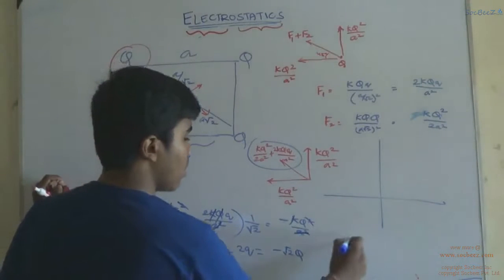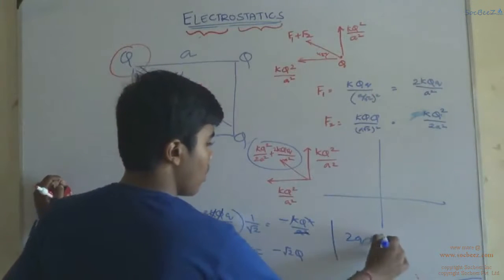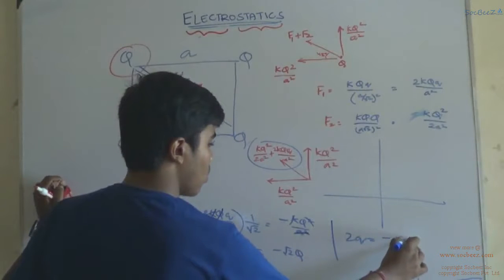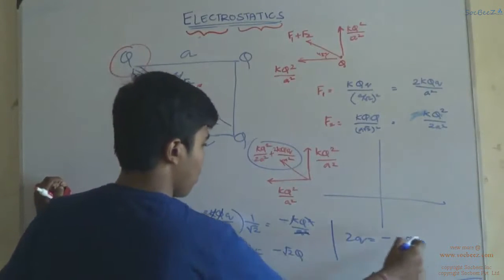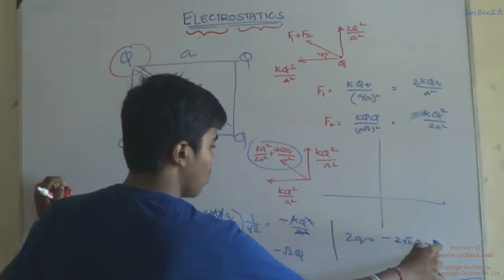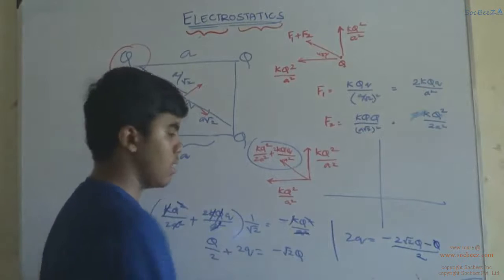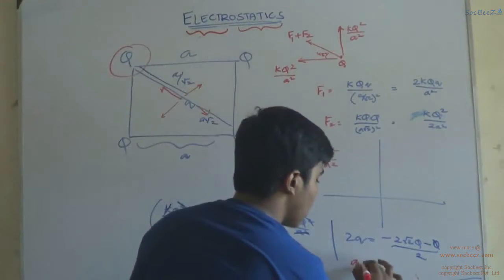From here we get 2q is equal to minus of root 2 minus 1 by 2, Q. Take this that way and take the LCM. So finally we get the answer as